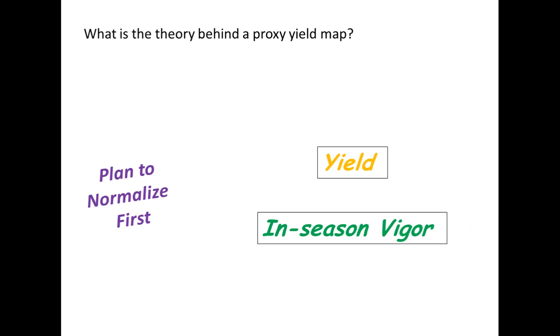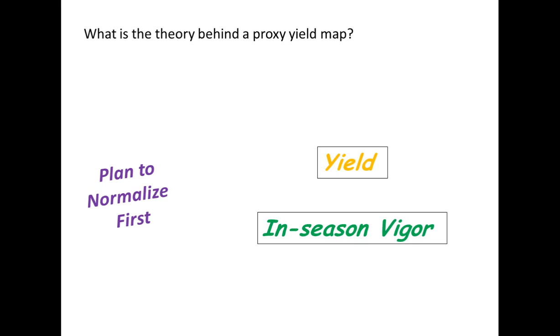So the theory behind these proxy yield maps then is to think about how we can predict a relative yield based on in-season information. Some people like to have a hard number when they talk about yield. I want it to be so many kilos per hectare, bushels per acre, and so they want a cold hard number, and yet when we're talking about predicting things a month down the road or 2 months down the road, and we've got all these other factors that can possibly